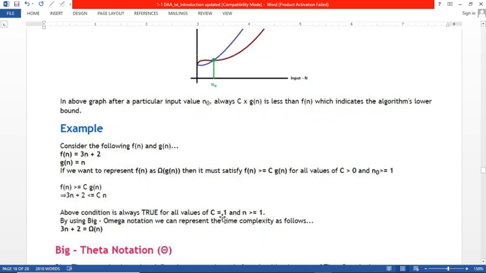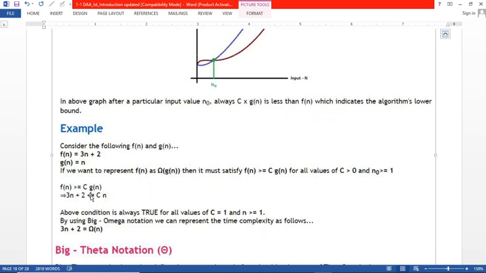So here if we are taking c as 1 and n greater than or equal to 1, so if we include n as 1, 3 ones are 3 plus 2 is 5, and what is c? 1, and what is n? 1. 1 ones are 1. So 5 here, it should not be less than, it should be greater than. So 5 greater than 1, the condition is true. So at that time we will say